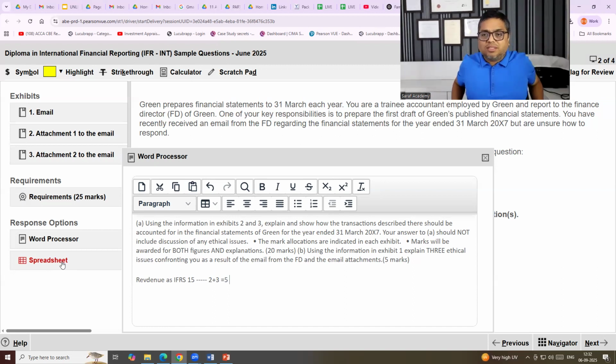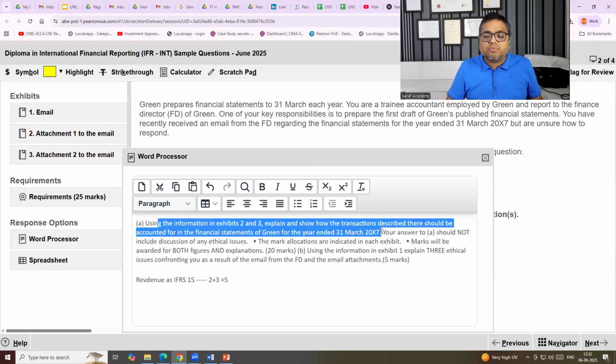Though, if I say we need to study first of all, but suppose this is the same, using the information in exhibit 2 and 3, how the transactions described there should be accounted for in the financial statements of Green for the year ended March 2017. So in exhibit 2 and 3, they have written some accounting adjustments, some information, and they are saying that you write how this will be accounted for.